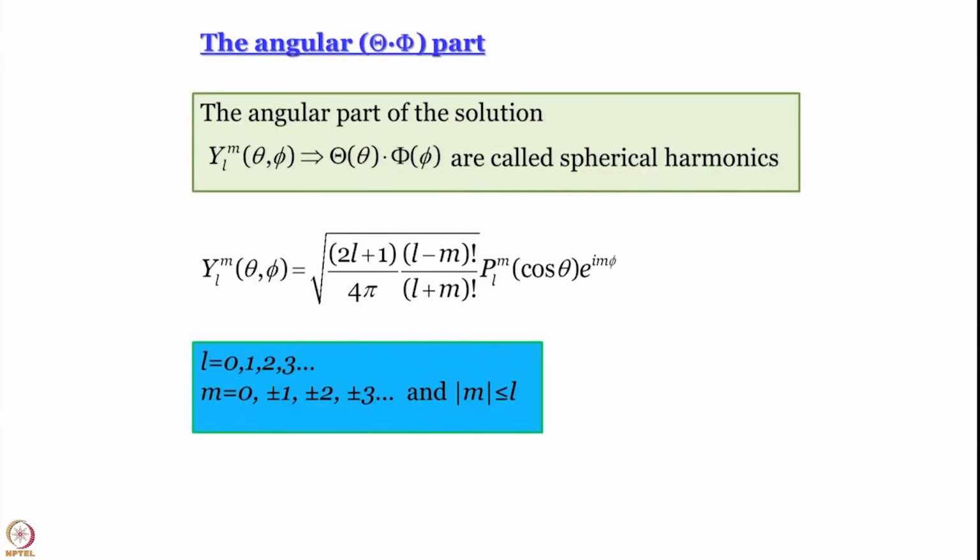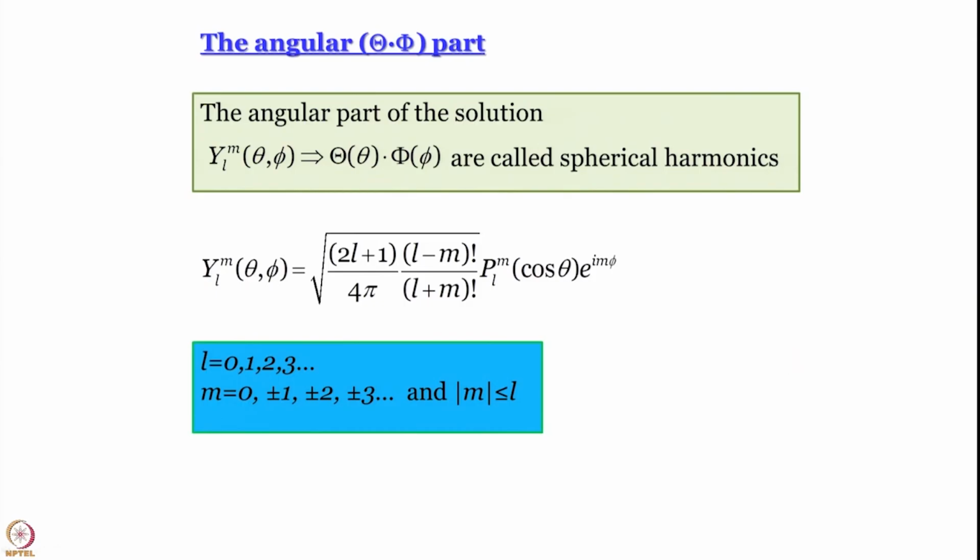But before we go there, let us just summarize this part. The angular part is the same as what we got for the rigid rotor. We have a constant which is a function of l and m multiplied by a Legendre polynomial in cos theta. This form of Legendre polynomial depends on l as well as m, that is multiplied by e to the power i m phi, and l ranges from 0, 1, 2, 3 in principle up to infinity,